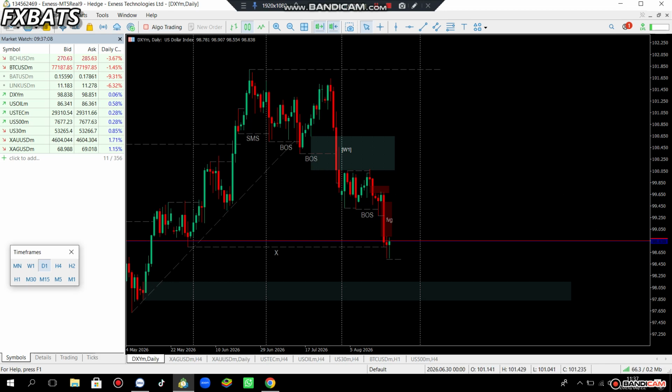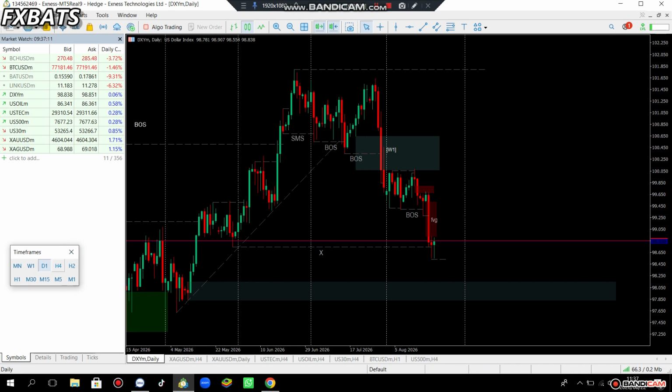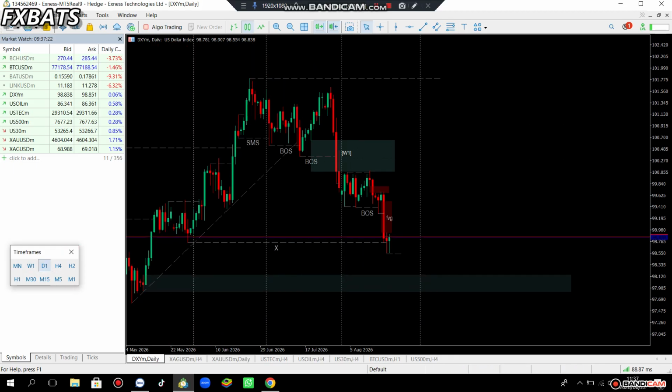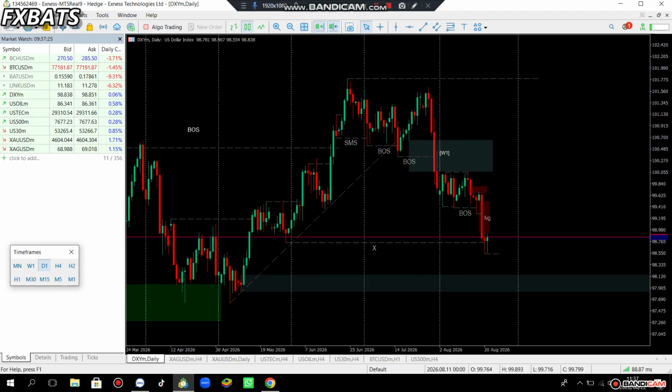So remember the DXY higher time frame, we are bullish because of the most recent weekly break of structure. So we're still on our complex pullback, as you could see on the daily, and as we've been proceeding downwards, you've been seeing the order flow legs pointing down. So these are typical bearish order flow legs. So what happens whenever a price breaks a certain level or a certain external range liquidity is taken out? Price always has to go towards the internal range liquidity.